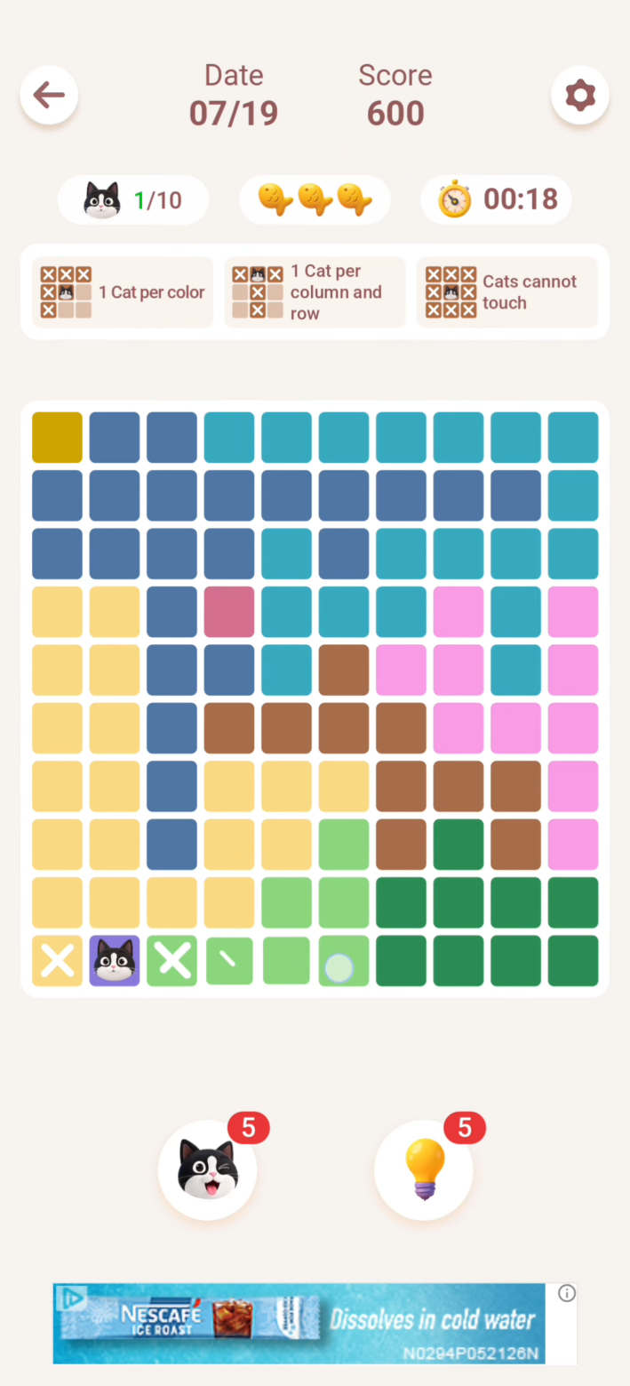So we place our first cat there, cross out row, cross out column, cross out adjacent cells. Then maroon here,